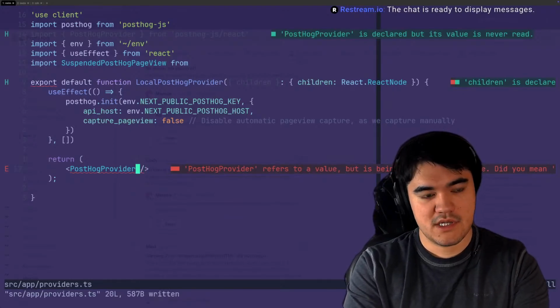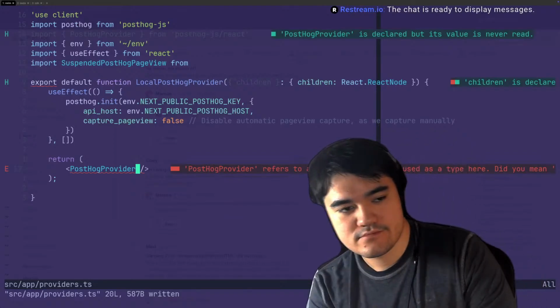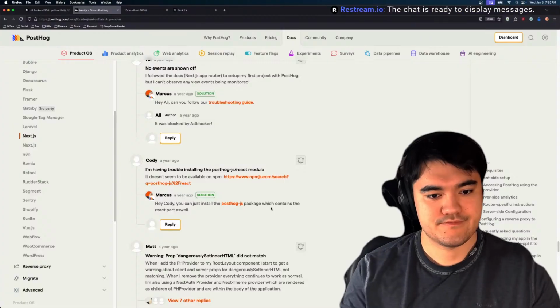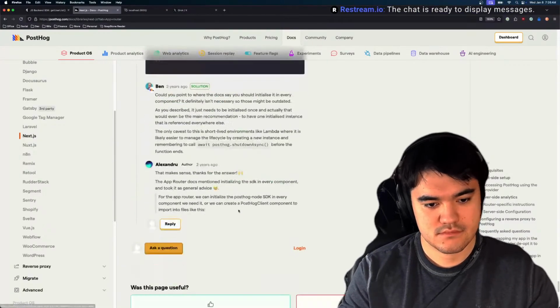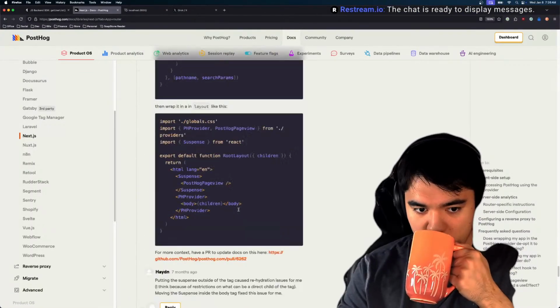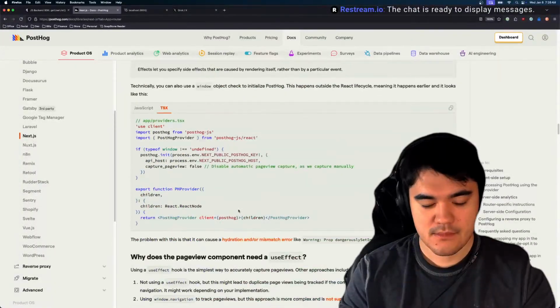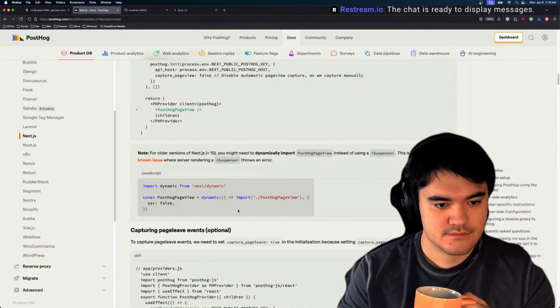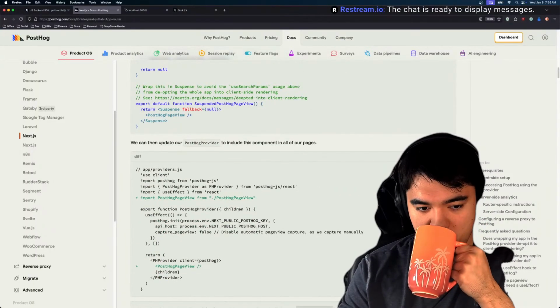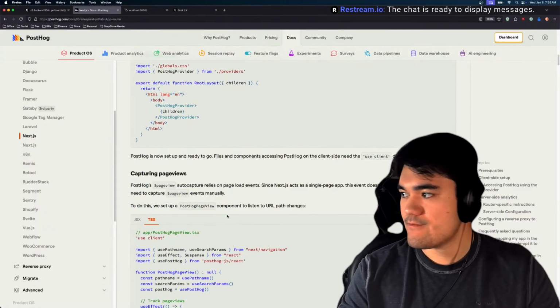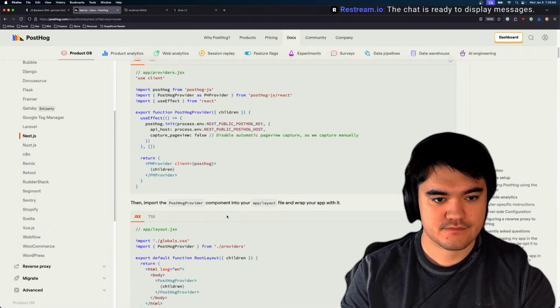Is being used as a type here. Now why would that not work?